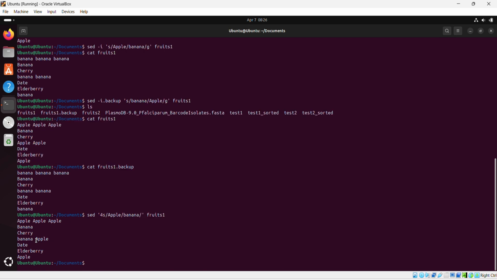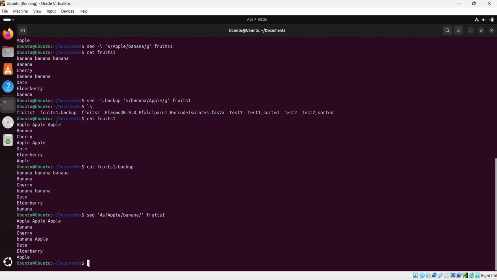As indicated earlier, this command will only substitute the first match, or the first apple word in line 4, with the word banana. All the other apple words in that line remain unchanged. Similarly, the apple words in lines 1 and 7 remain unchanged. If you wanted to ensure that all apple words in line 4 are substituted with the word banana, you must